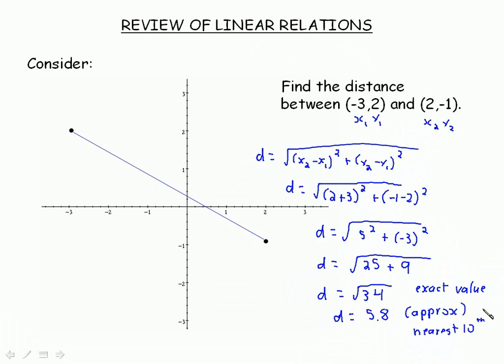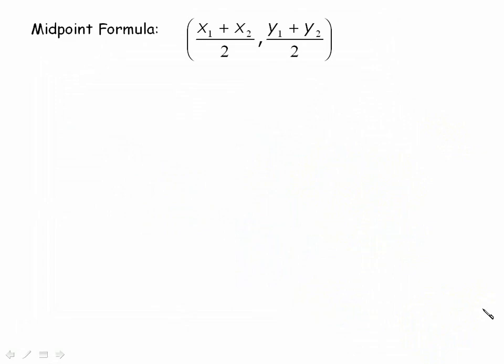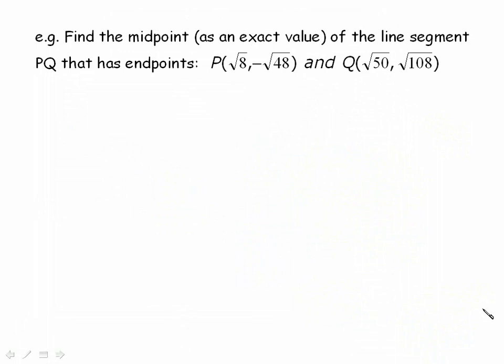And that is the distance formula. It works for any pair of points along the way. Now I'm going to go ahead to where we left off and take a look at the midpoint formula. The midpoint formula is the simplest thing in math: x1 plus x2 divided by 2, y1 plus y2 divided by 2. So if we were asked to find the midpoint as an exact value of this line segment PQ that has endpoints given, all we would do